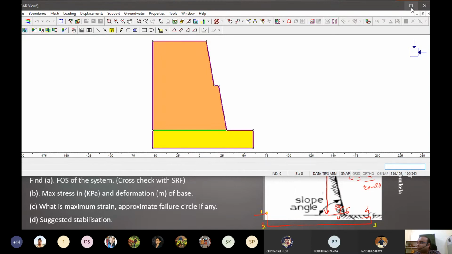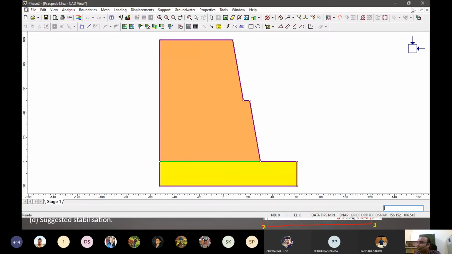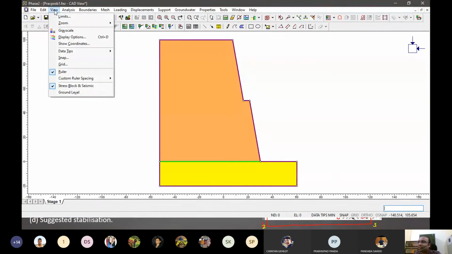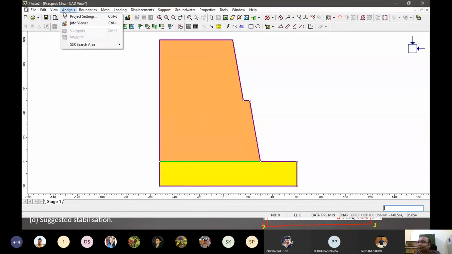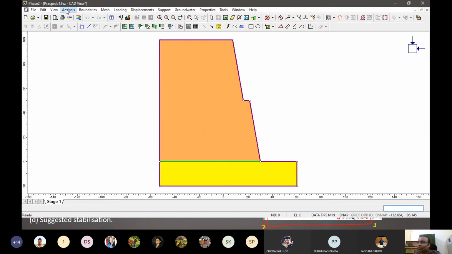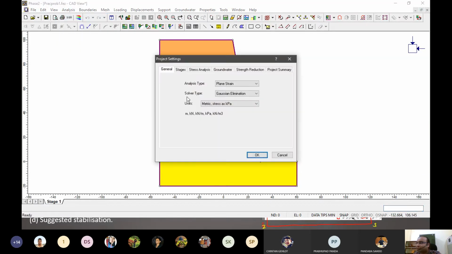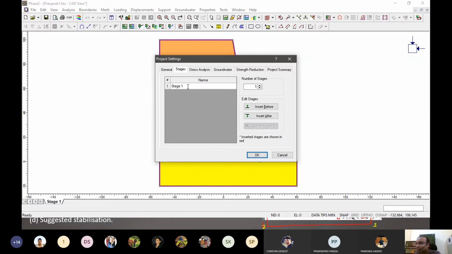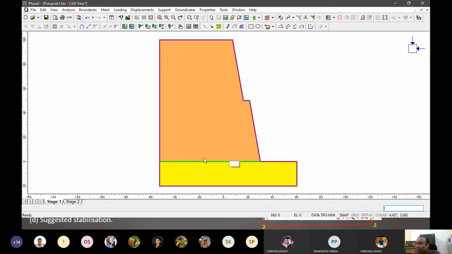So what we can do is start with the stages, and in stage one, let's go to the project settings first. I am trying to do it in one go, otherwise we can do it in different simulations, right? So let's do it in two stages. In stage one, there can be only a base. So for that, if I delete this vertex, will stage 2 be changed? Yes, stage 2 will be changed.